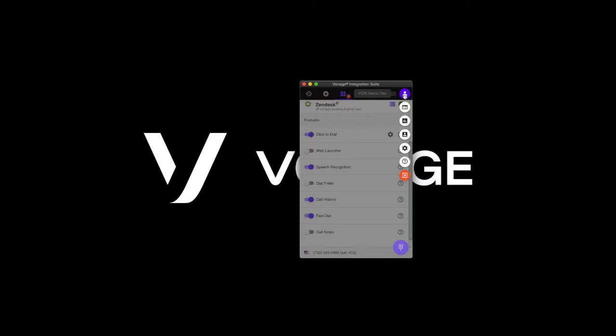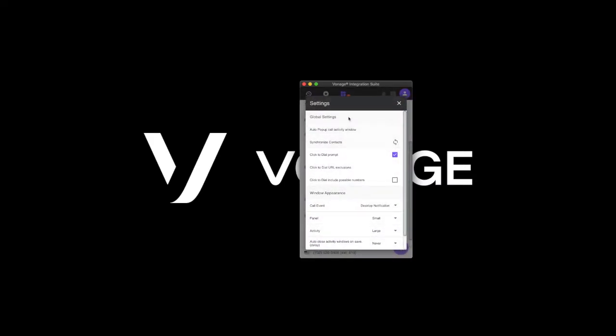The profile button allows you as an administrator of the Vonage Integration Suite to go in and look at an administrative web portal. You also have the ability to see your own reports as an individual user, which will show your inbound and outbound calls as well as the summary metrics. Again, we have an account button that shows how we're logged into the account. And we have a settings button that allows us to go in and further customize our interaction with the integration suite.